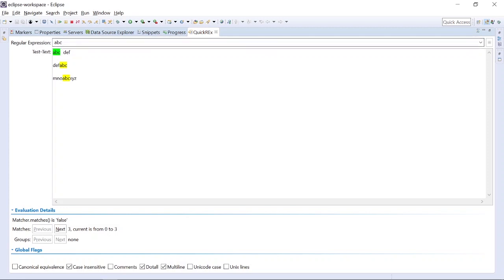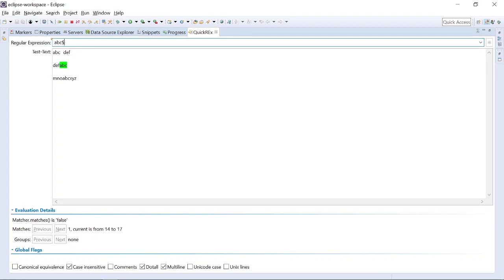So there are few things that we need to notice. Here I have given a tab space. Here I have given ABC at the end and here ABC in the middle. So when I write ABC, then it will match all of them because we haven't mentioned where ABC needs to be. It can be anywhere. Now if I want to restrict that ABC needs to be at the end only, then I can place a dollar symbol and it will be at the end. Now all other matches are removed.